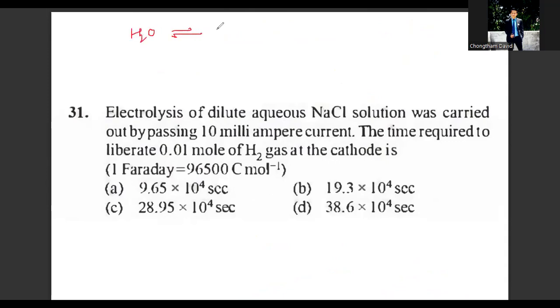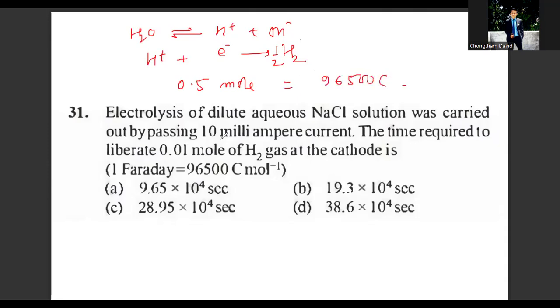Water, if it dissociates, it will definitely give you hydrogen ion and hydroxide ion. This hydrogen ion can gain 1 electron and change to hydrogen molecule, but it is not balanced, so you have to write here half. So what does it indicate? 0.5 mole, half mole, of hydrogen is liberated by passing 1 Faraday, that is